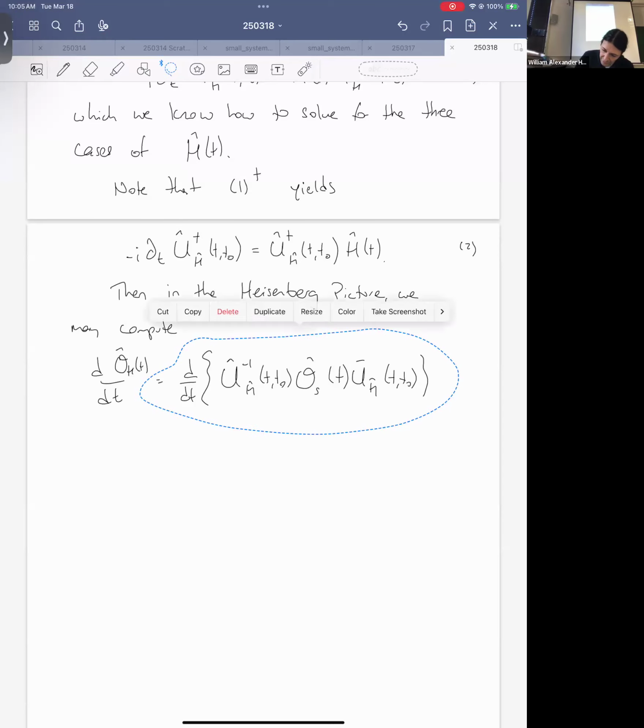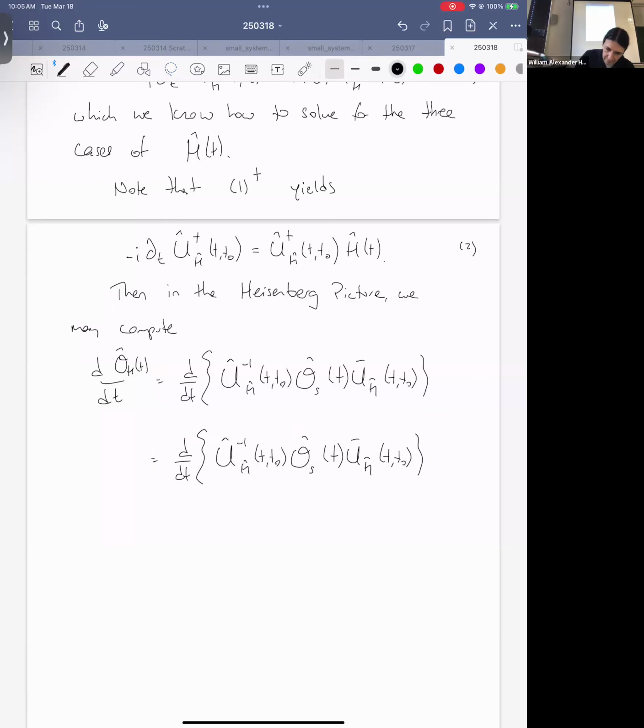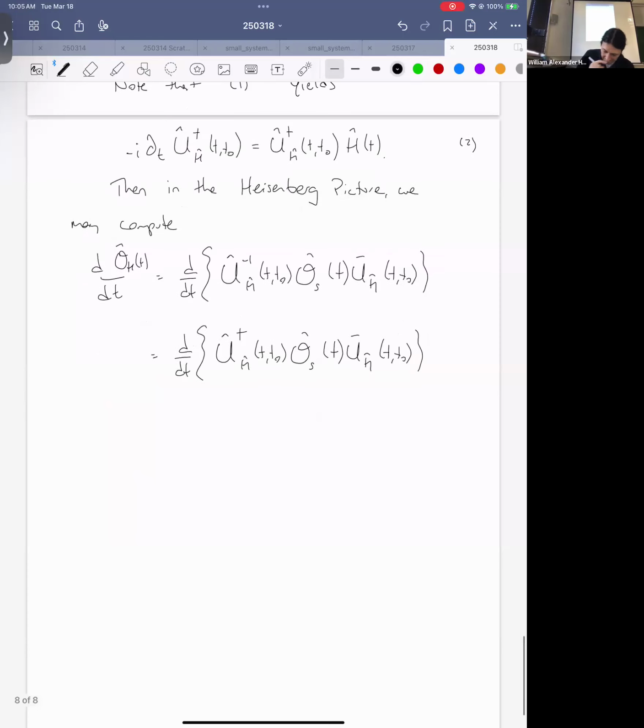Because the time evolution operator is unitary, the inverse becomes a dagger. And so then we get, just by product rule,